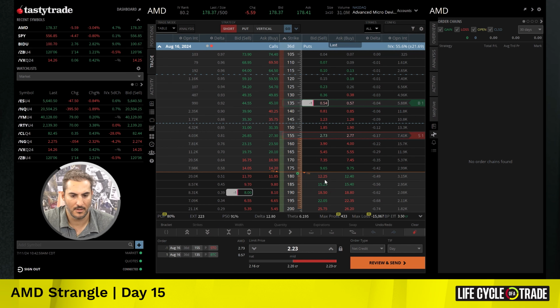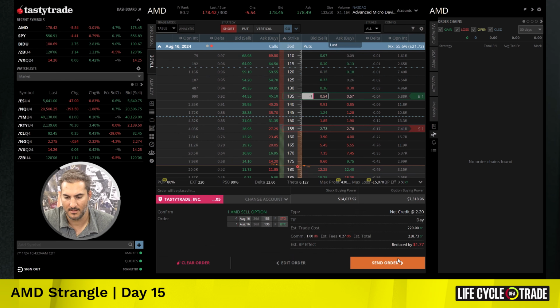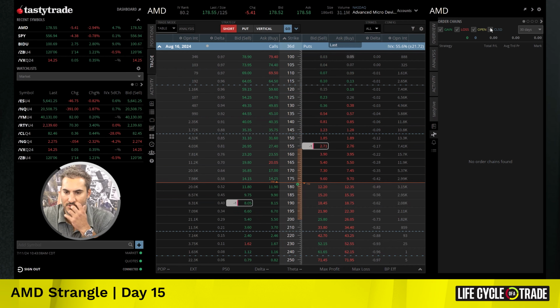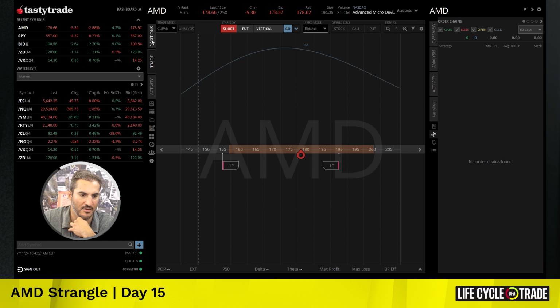Fill there. Go to 220. All right, so we got that in for 220 here. Just rolling up that put. So that'll give us pretty decent credit on that position here, reduce some of our delta, and help manage the